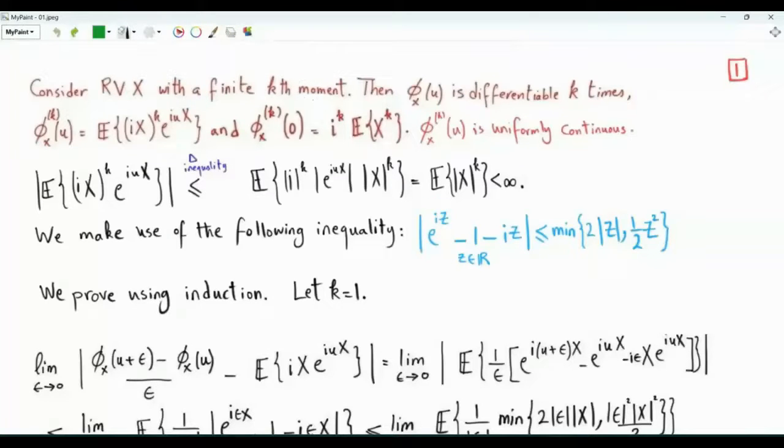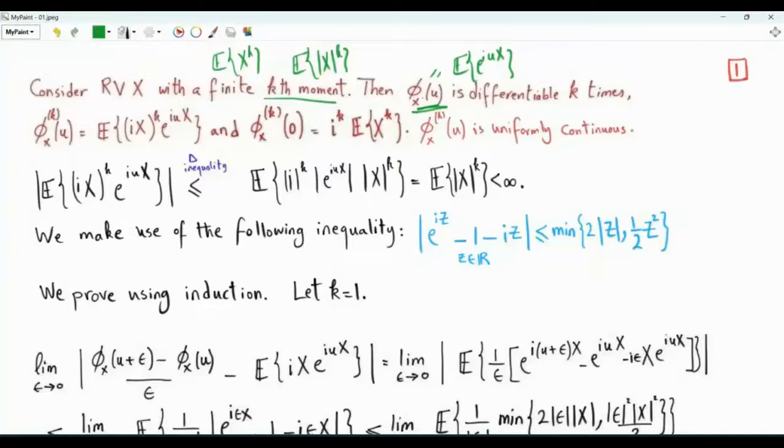Bismillah ar-Rahman ar-Rahim. This video is about the differentiability of the characteristic function of a random variable x. Consider a random variable x that has a finite kth moment. This means that the expectation of x to the k and the expectation of magnitude x to the power k, these are finite numbers. If this is true, then we can differentiate the characteristic function, which is this expectation e